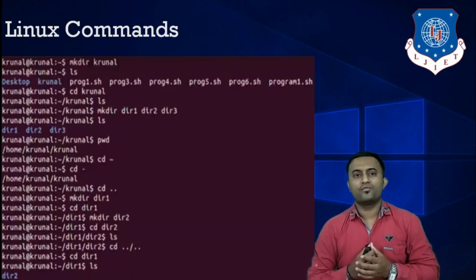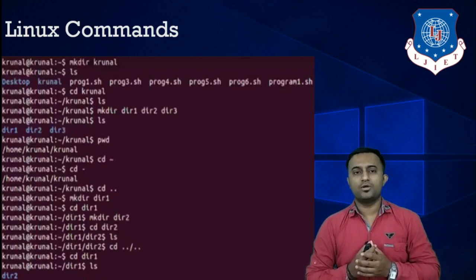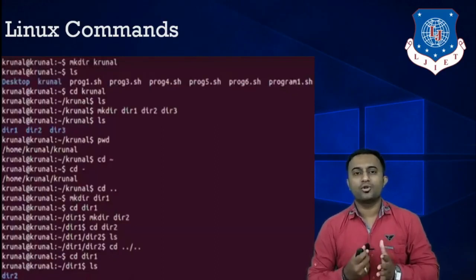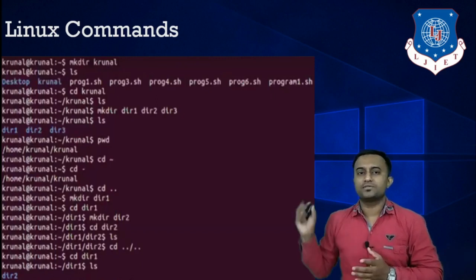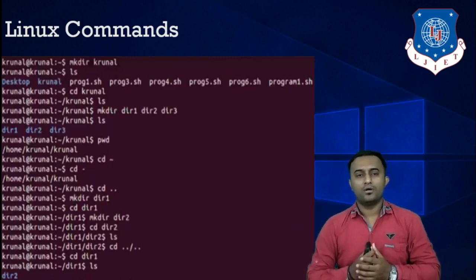And if you don't know how to go there, there is one shortcut on the keyboard. You can press Control Alt T, through which you can directly open the terminal. Once you open the terminal, you will have such type of environment,